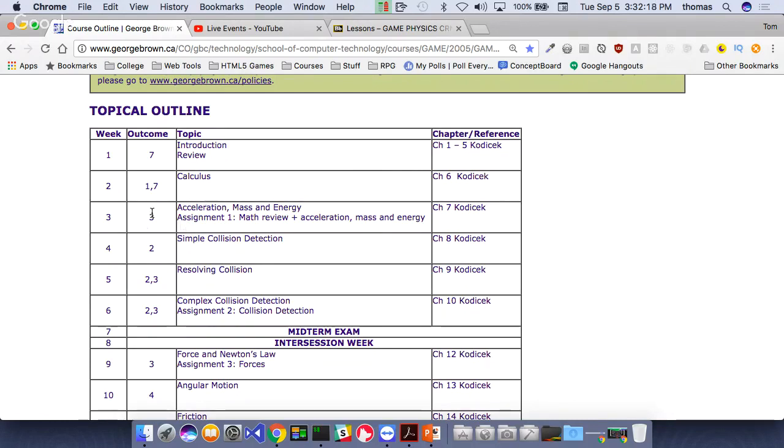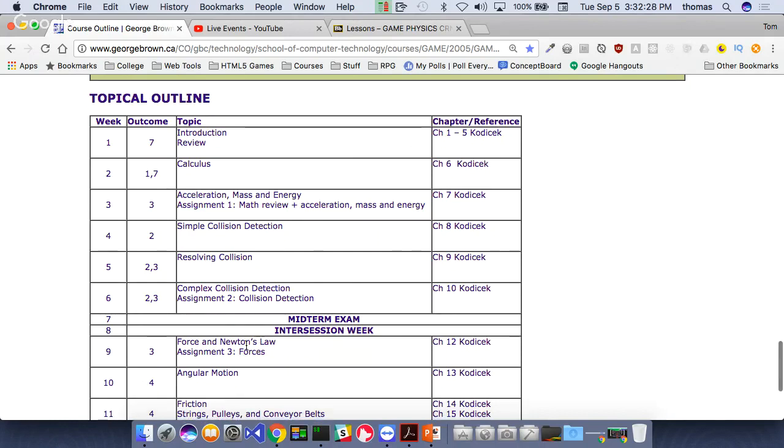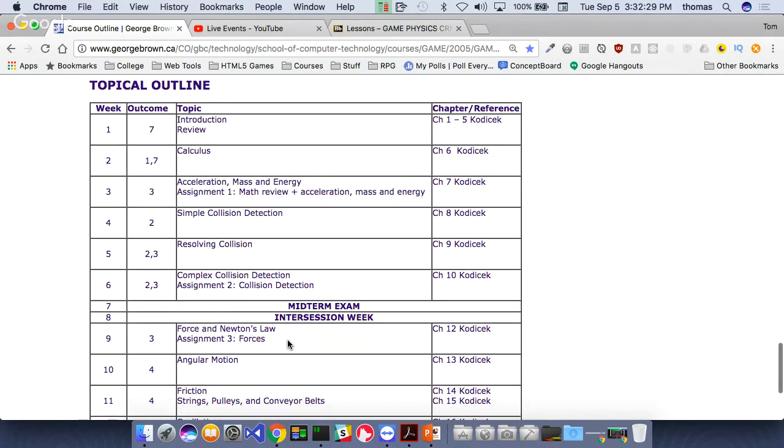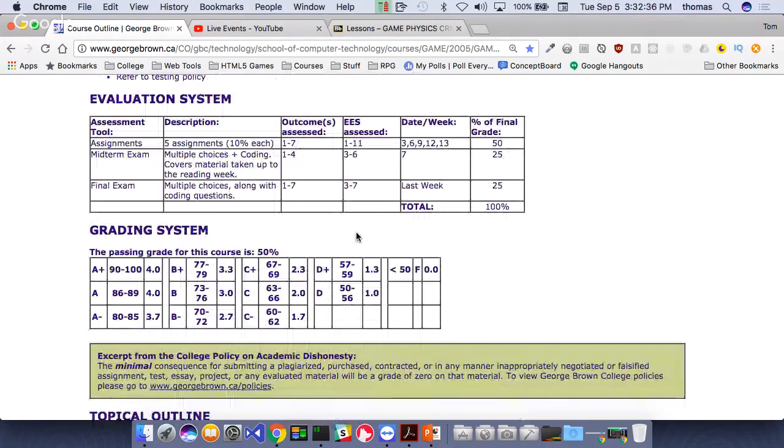For the most part, though, the assignments will be pretty much where they are right now. So targeting week 3, that looks good. And for assignment number 2, targeting week 6 before midterm, that makes sense, right? And then right after midterm, assignment 3 and so on. The positioning of this stuff looks good. It's just the content doesn't look good to me, right? So that's what I'm going to be changing up.